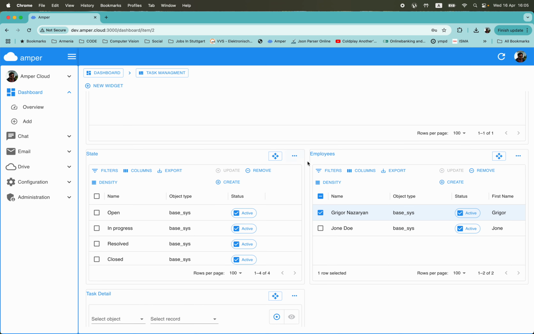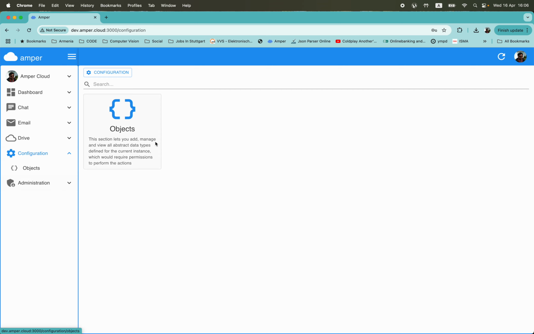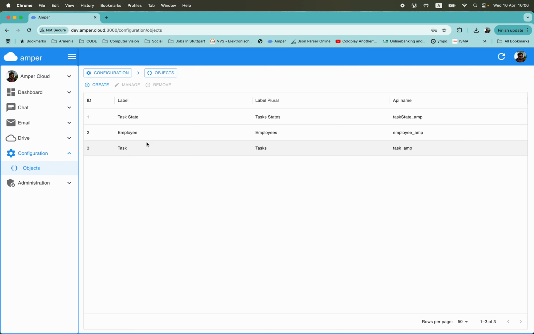Yeah, I think this is a very powerful feature that organizations could have by owning this platform. This dynamic object definition is a feature with which you can define many different kinds of applications. You can think of many different ones, like an expense management system. This is a task management system, a very simple one that I configured in like 5 minutes. You can define, say, an expense management system. You can define, I don't know, like